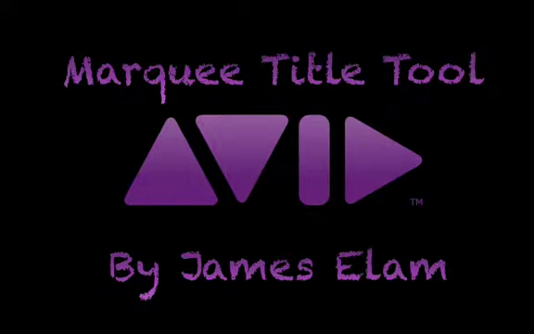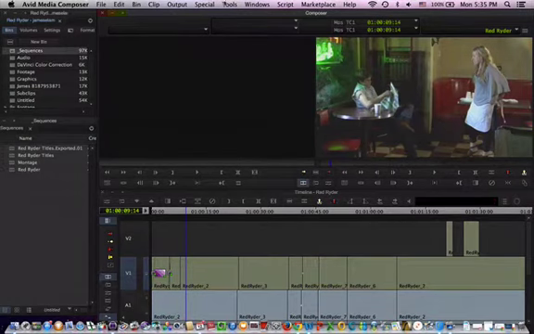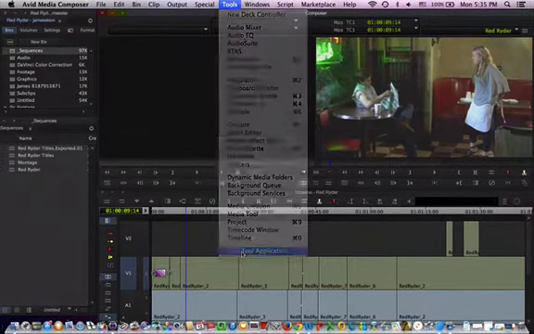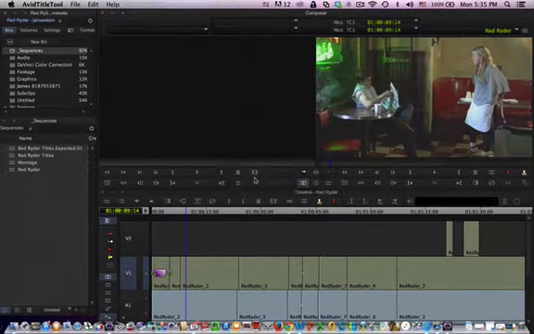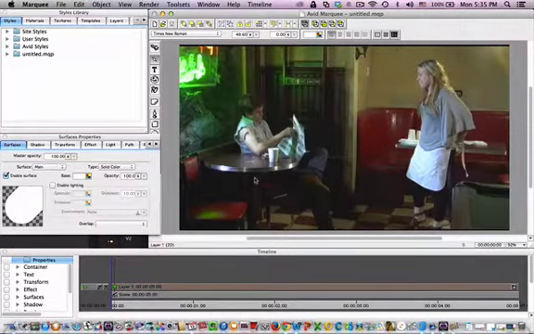Okay, in this tutorial we're going to look at using the Marquee tool. So the first thing we need to do is go to our tools and go to our title tool application, and we're going to select Marquee this time. And this is going to open up the Marquee title tool. And there's a couple things that we need to look at. We need to make sure that it has